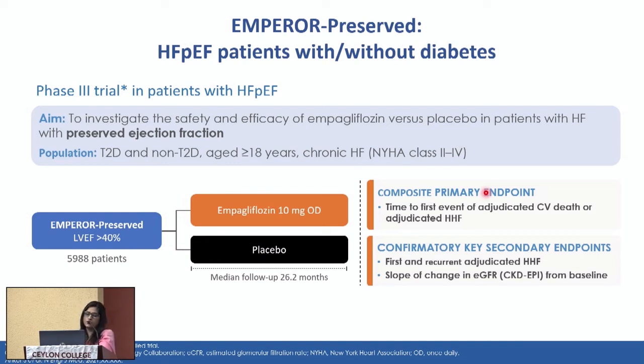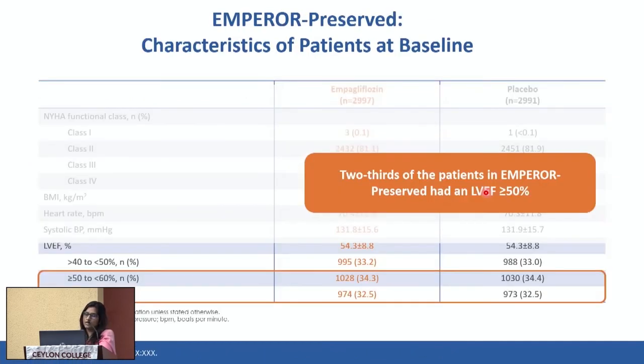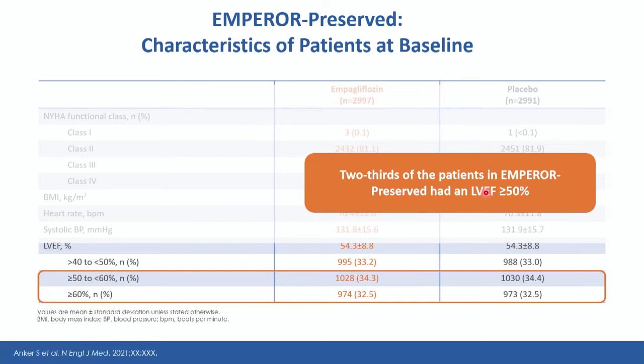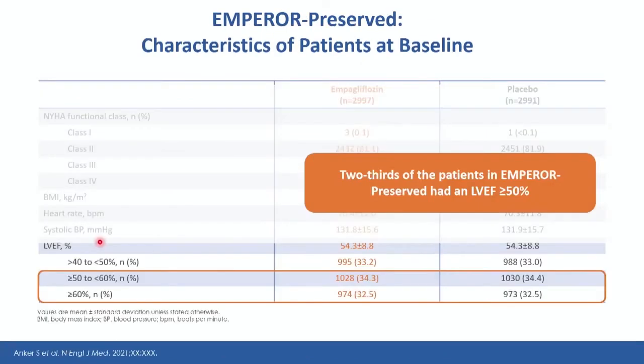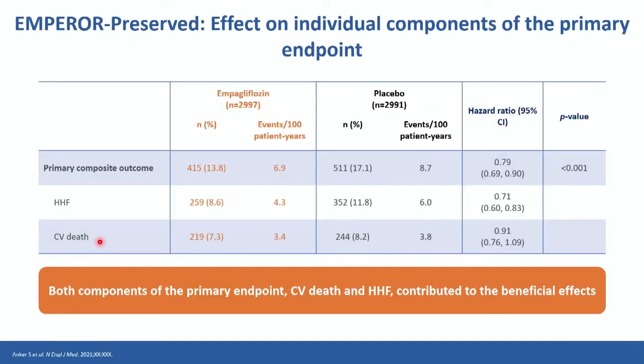Now, the Emperor Preserved trial, that is once again done with empagliflozin. 2/3 of these patients in the Emperor Preserved trial had a left ventricular ejection fraction more than 50%, because, you know, to begin with they had an LV ejection fraction more than 40%. Anyway, later after the analysis they found out that 2/3 of the patients had an LVEF more than 50%. So the data are validated for this entity, and both components of the primary endpoints, cardiovascular death